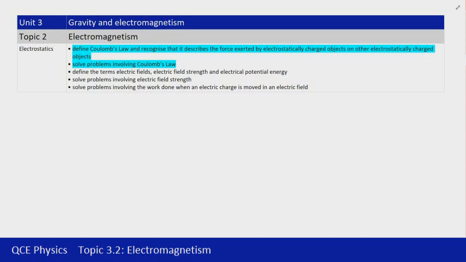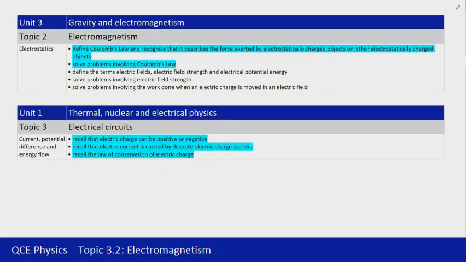In Unit 3, Topic 2, Electromagnetism, we're going to start by looking at Coulomb's law, but before we do, I want to just refer back to Unit 1, Topic 3, and these three dot points in particular. Recall that electric charge can be positive or negative. Recall that electric current is carried by discrete electric charge carriers, being electrons, and recall the law of conservation of electric charge. So while that's Unit 1, Topic 3, it does underpin what we're doing here with Unit 3, Topic 2. So I just want you to make sure you've got that in mind as we start going through